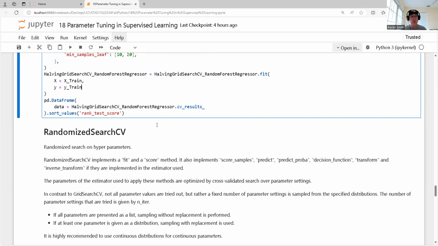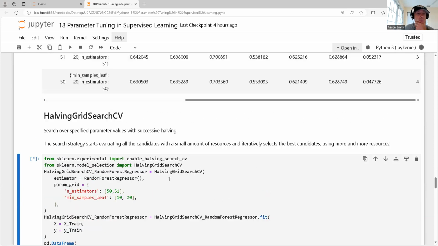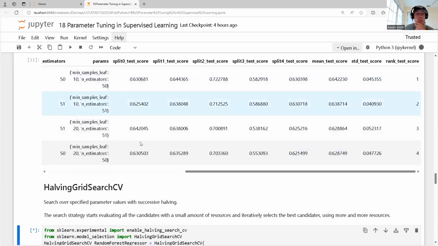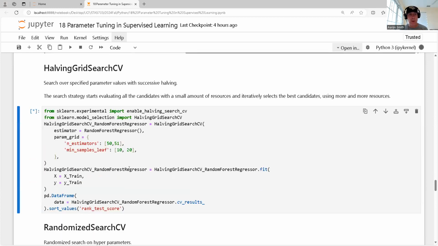Oh, and hey, this one, I don't have the table for you. But all right, when this comes out, this will give me results similar to this, but here with only 4 combinations, I believe it's going to go through and just do the whole thing. If I had a crazy number of combinations for my parameters, it's not going to hit all of them. Grid search, standard grid search, will go through and hit all of them, and even if it looks like it's not going to be worth your time, it's going to hit everything that you give it,